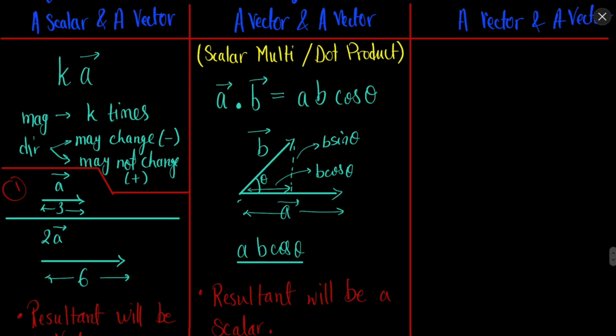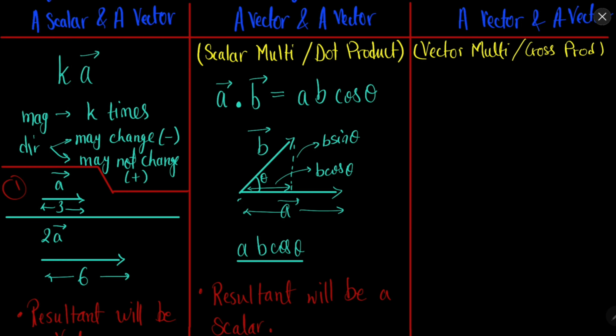Now the last thing is the vector product, or the cross product. The vector multiplication or cross product is another type of multiplication between two vectors. It is represented like this. Let's say we have two vectors, a cross b, then we will get something like ab sin theta, and there will be a direction as well, which will be perpendicular to a and b. We will discuss that in a moment.